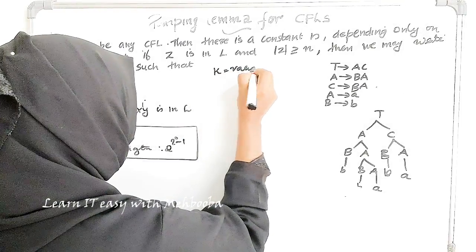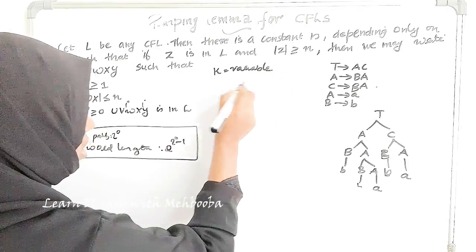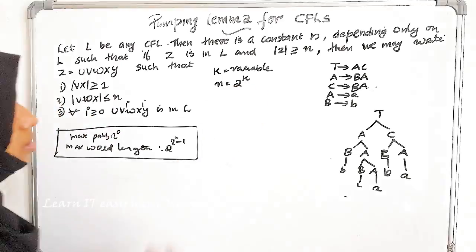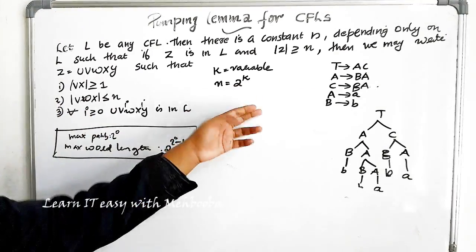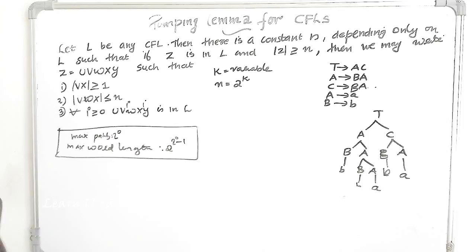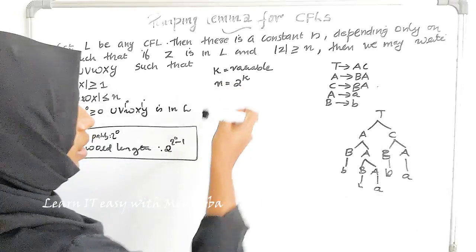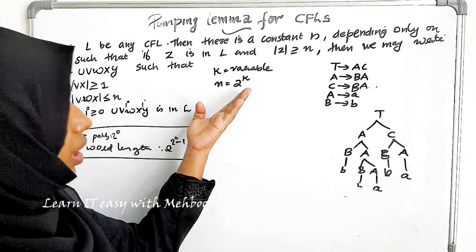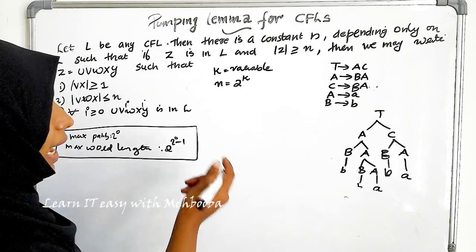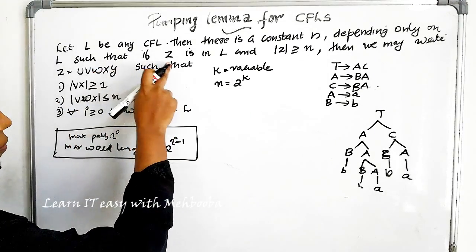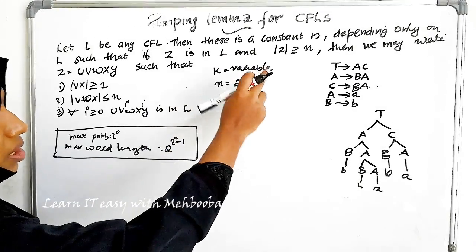That is, the grammar has some k non-terminals, and we are taking n as 2 raised to k, where k is the number of variables in the grammar. We are taking the size of the input string as 2 raised to k. And we know that this is such that if z is in L,